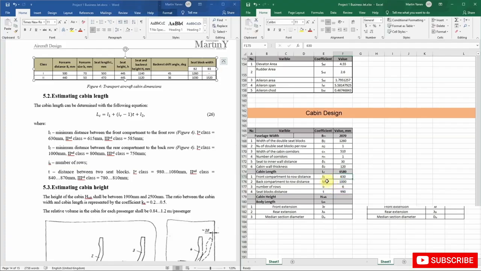Okay, and finally for the cabin length we're getting 6580, and note that this is the length of the cabin where the passengers are positioned. Later we are going to estimate the length of the full body, but about this we are going to talk